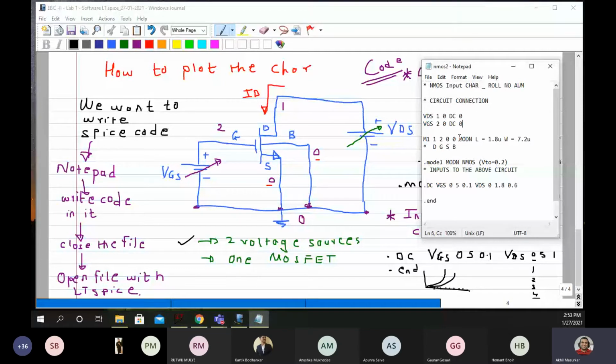So you have to specifically now say that this mod n is a NMOS. You have to specifically say that. For example, if I write here Akhil, then I have to say it. Are you understanding? This is the change that I have to do.